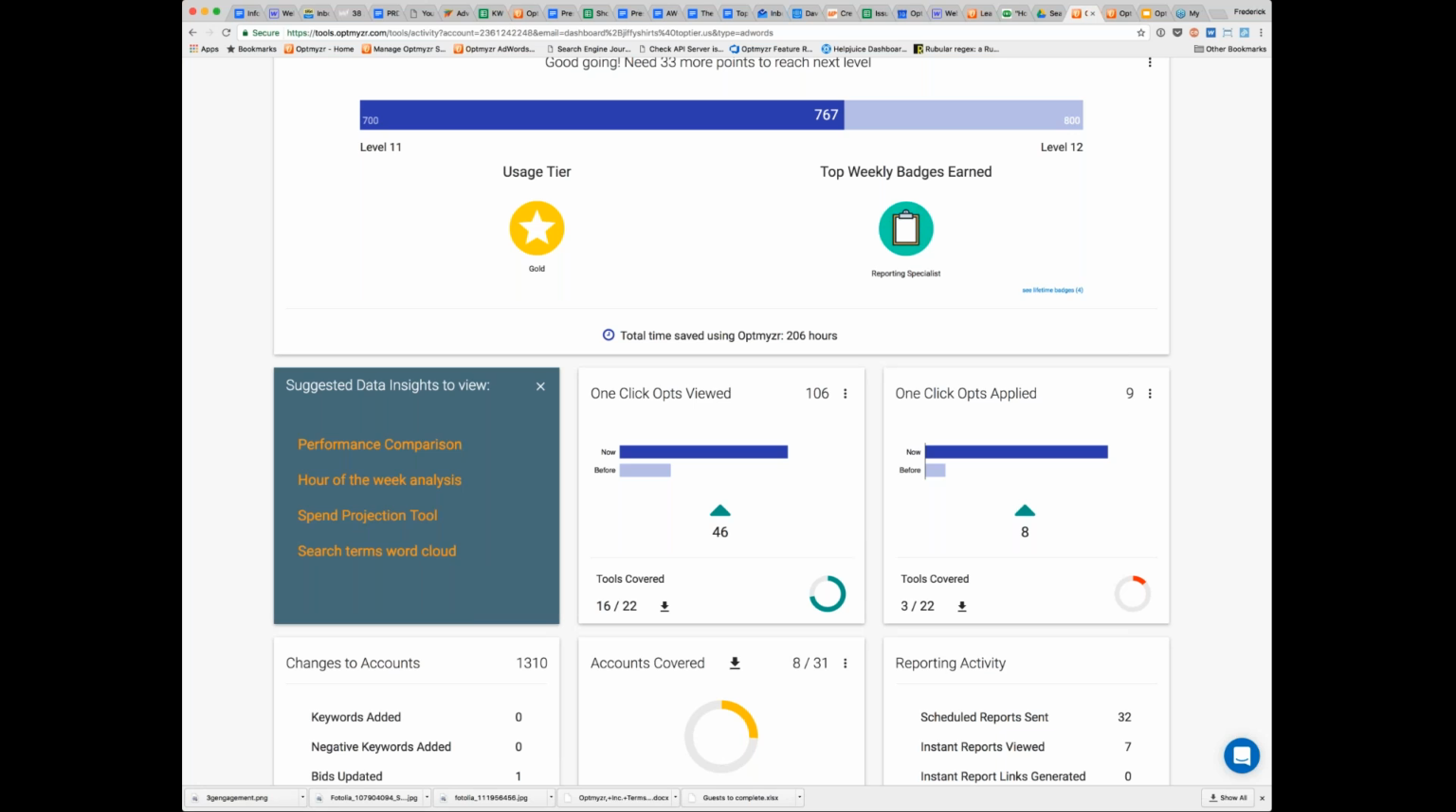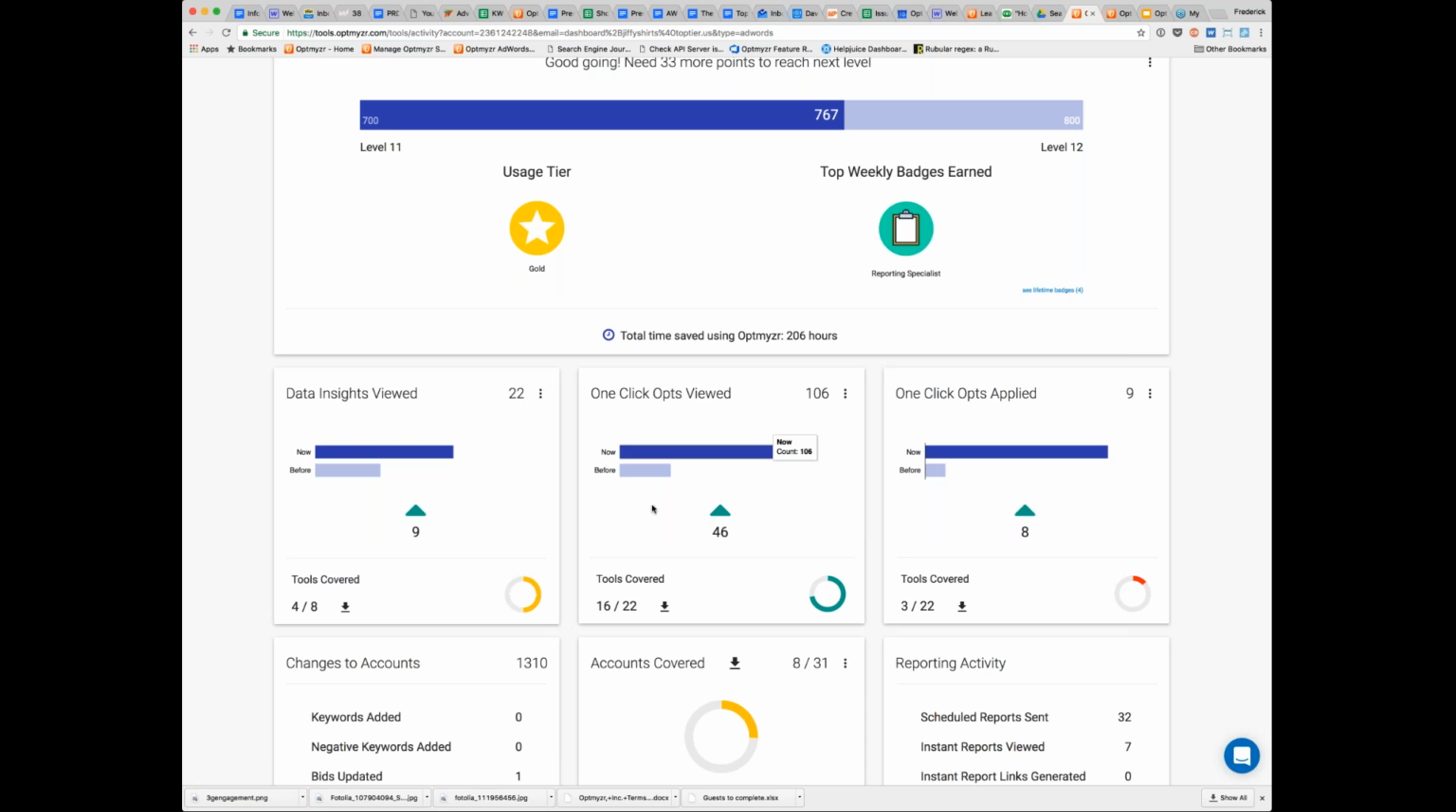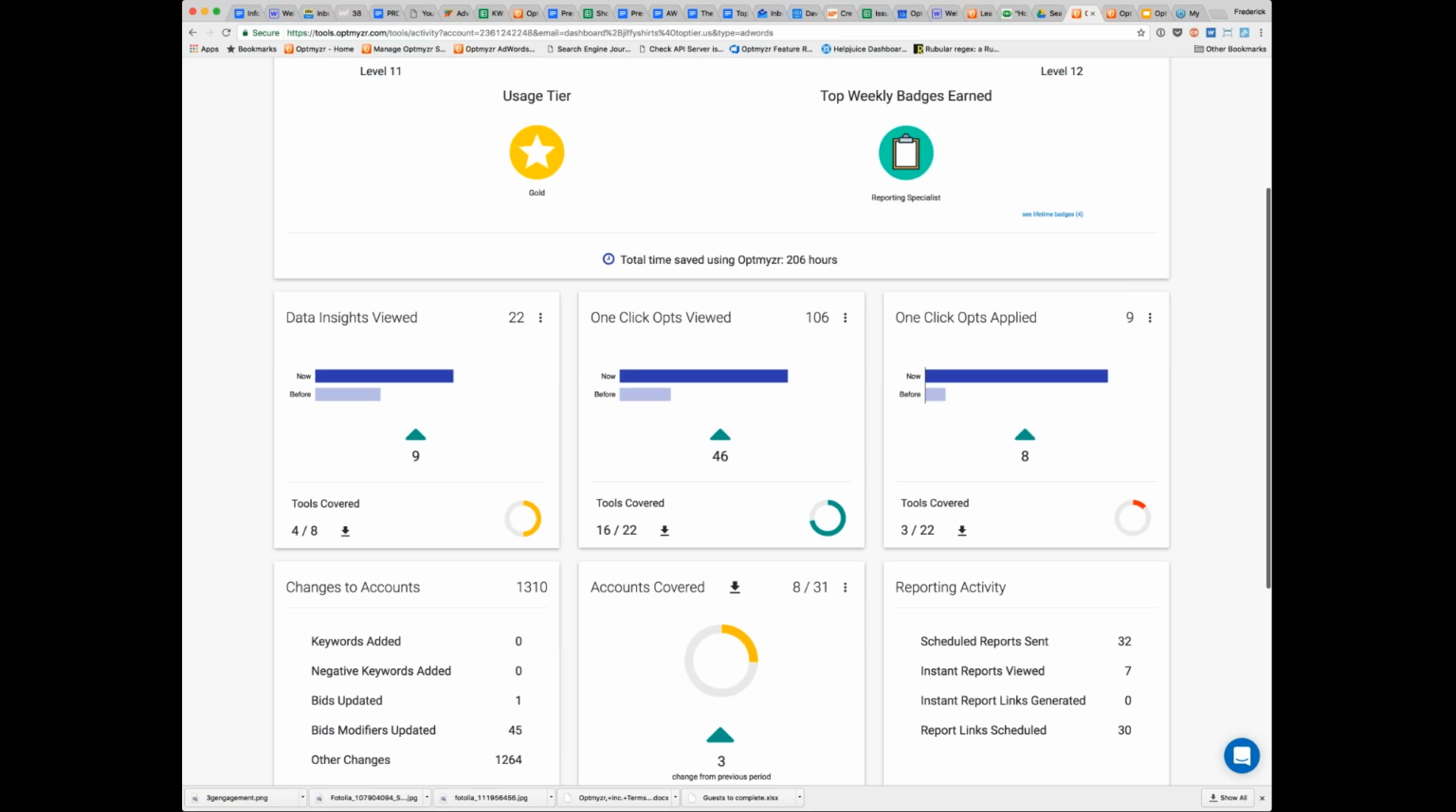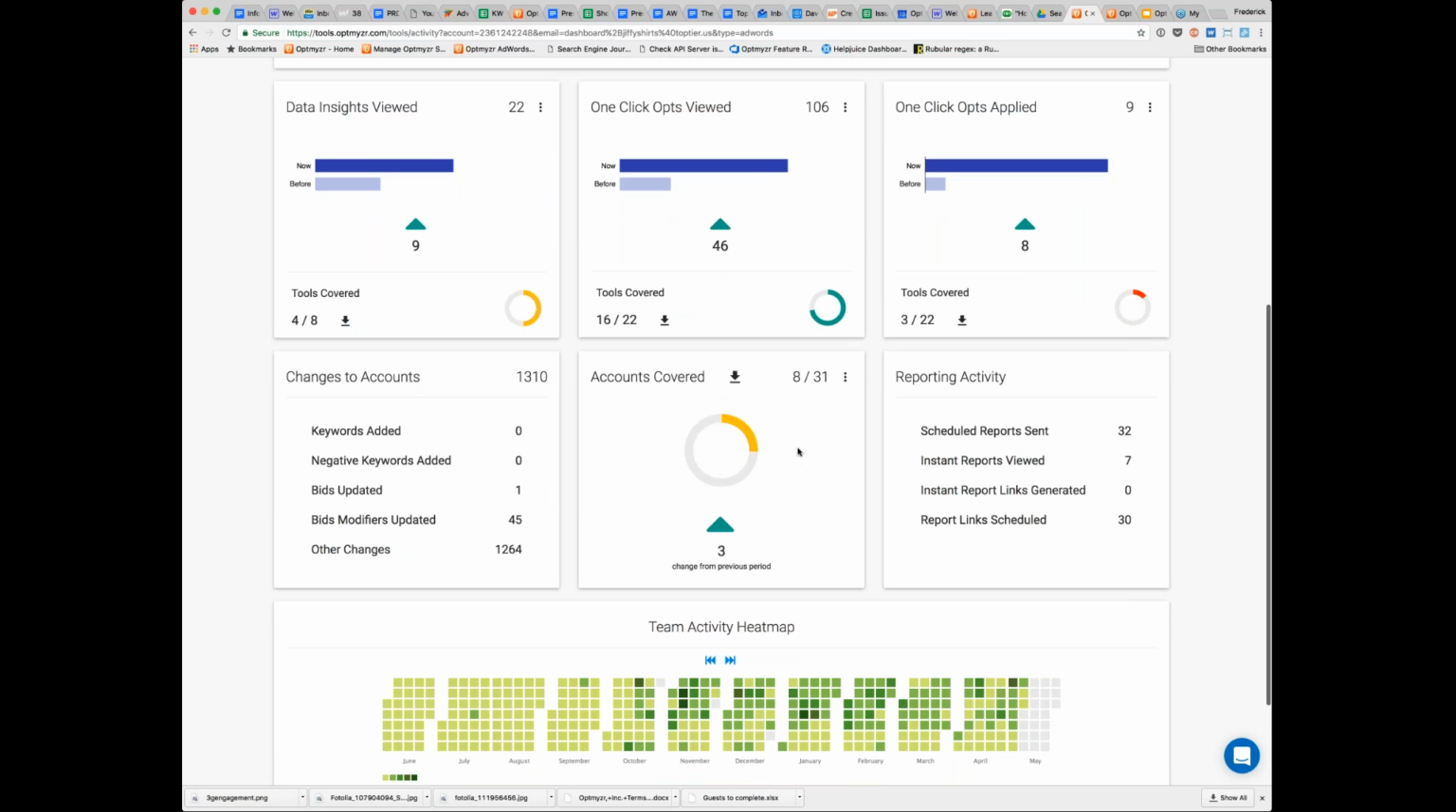And I can also click on here, and it's going to tell me some of the tools that I haven't been spending a lot of time in. So these are ones that I might want to add to my personal repertoire of what I check. Now, same thing with one-click optimizations, the ones that I've viewed, and then the ones where I've applied changes. It shows you month-over-month change and how many tools were covered. And then another important one, so me as an account manager, I've covered 8 out of 31 accounts. Now that may be correct because maybe I only manage 8 of these, but if I'm a single consultant, then I probably want to see that number much higher